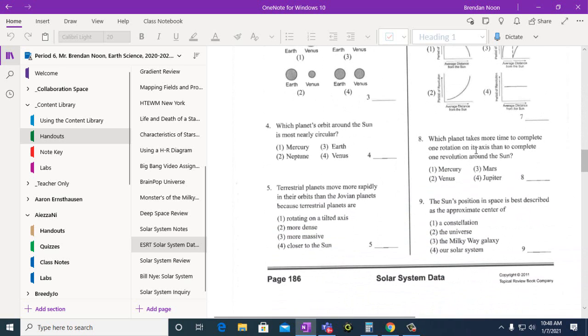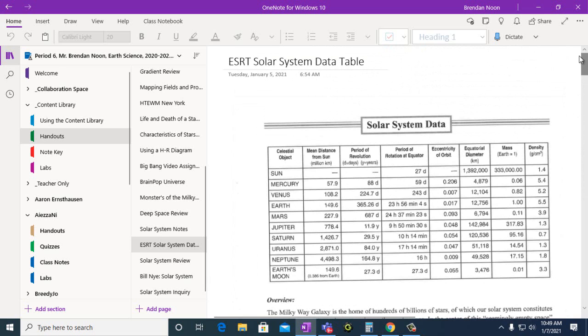Which planet takes more time to complete one rotation on its axis than to complete one revolution around the sun? So it takes more time to complete a rotation, like in a day, than it takes to go around the sun. And we can come up here and we have, all right, it takes 59 days for Mercury to revolve, 88 days to get around the sun. So this one's not true. But if you look at Venus,